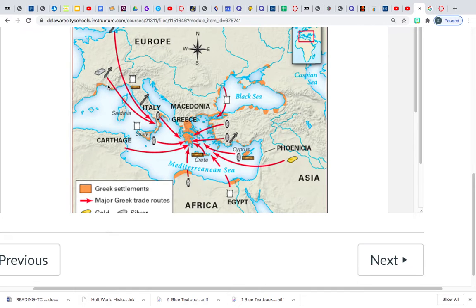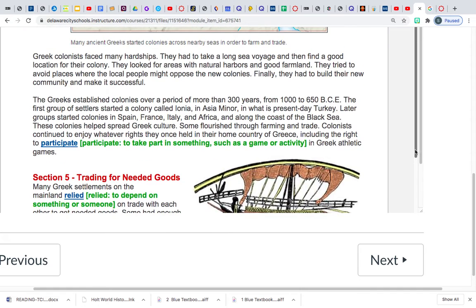And over here in southern France, northern Spain a little bit, Marseille, I believe the Greeks settled there, southern Italy, and also on the Black Sea coast up here. Definitely around the Mediterranean region, okay? Also on the island of Cyprus. So let's now go down here.